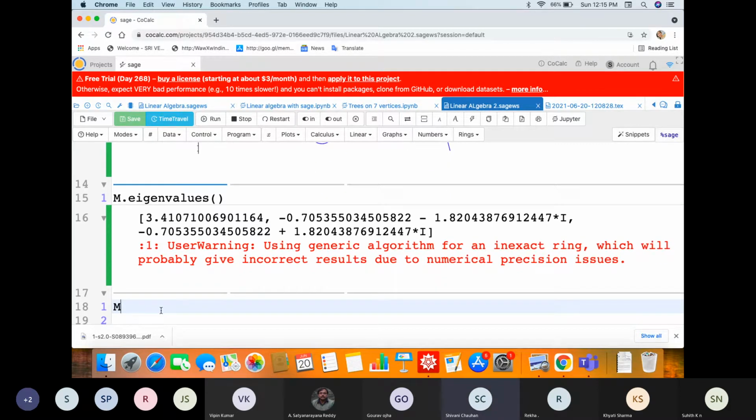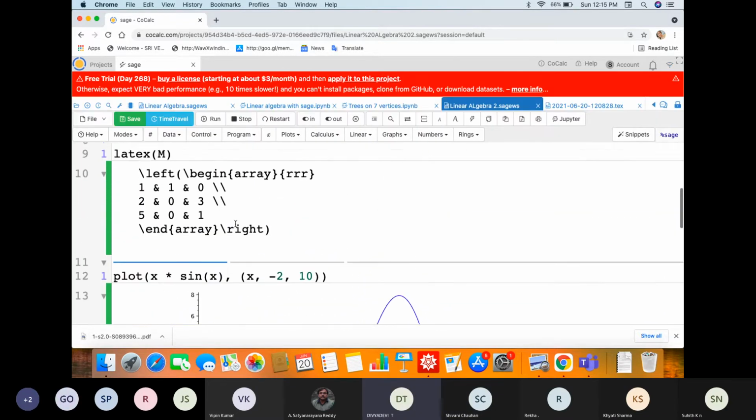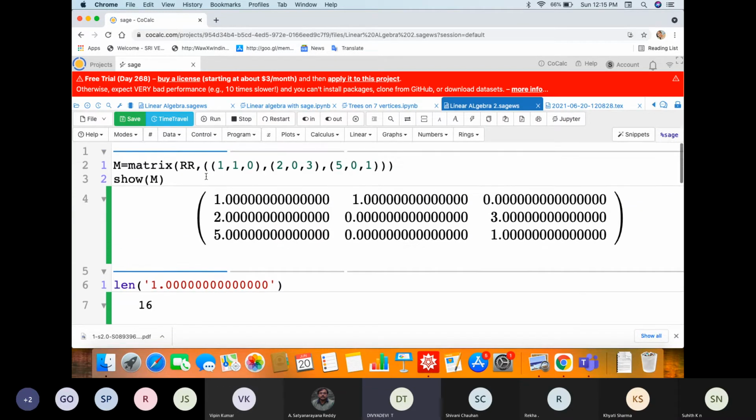Okay, let us construct the eigenvectors. Okay, so Shivani, here, if we change our field to complex, then will it give eigenvalues like 3 plus i, something like that? Okay, let us check that also.